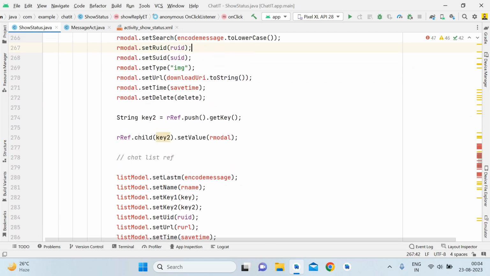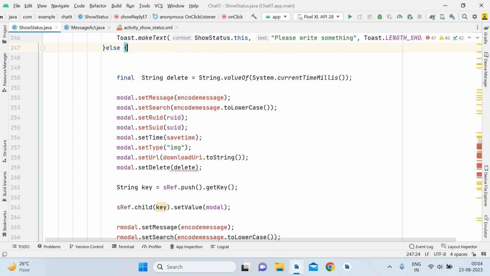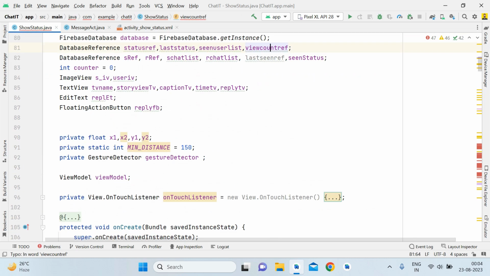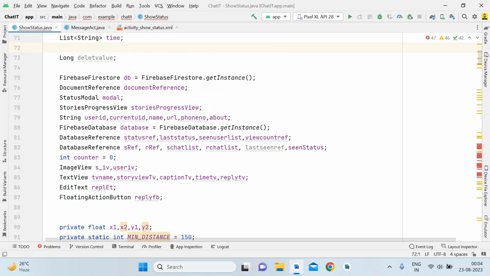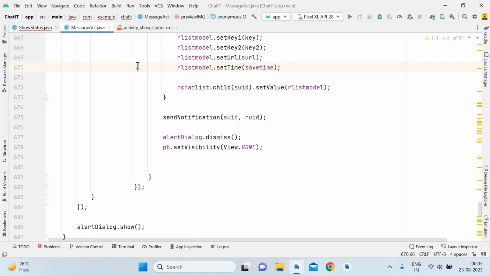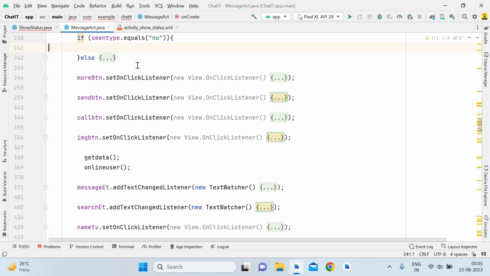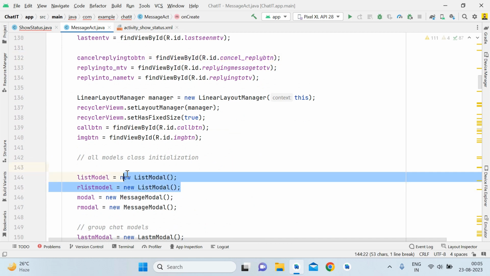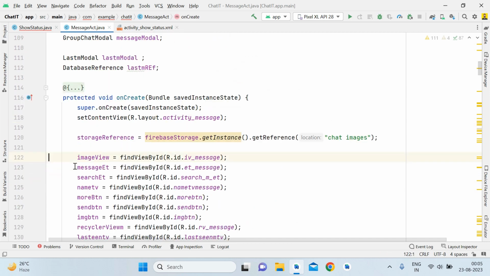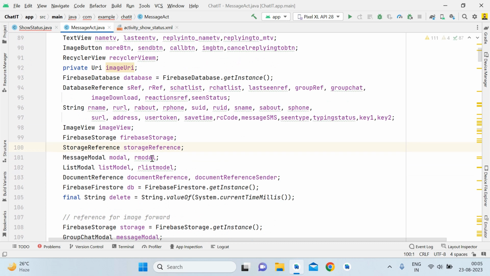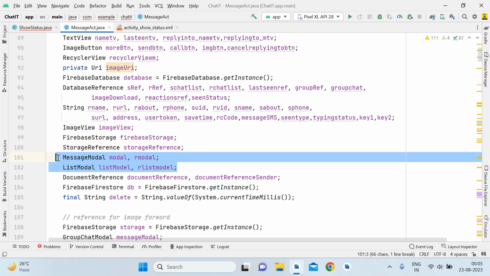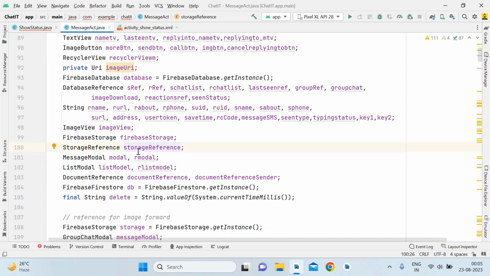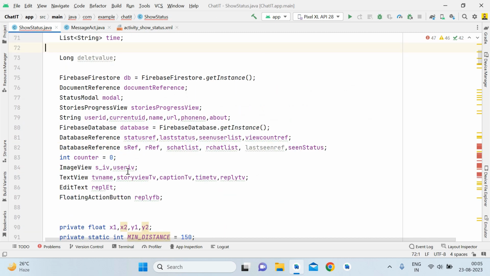Okay guys, so now you can see that there is a lot of error that we are facing. So let me check what the model class is here that we have declared, and the status model. Fine, so here we need to just open this message activity and check the model class. Okay, so guys, here you can see that list model is the class that we need to declare. Okay, so yes, just copy this. Okay, both message model and list model,